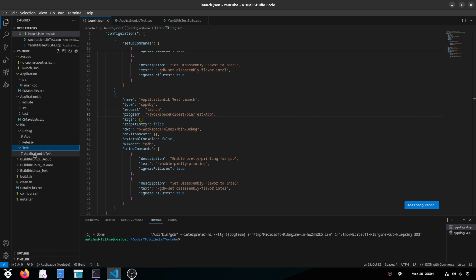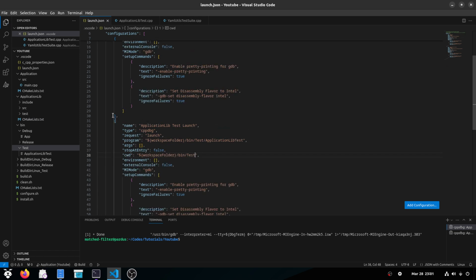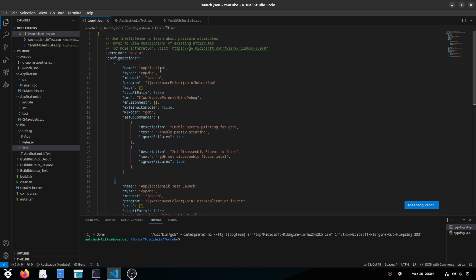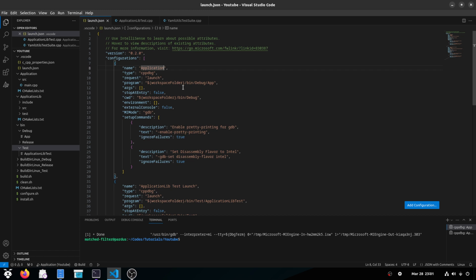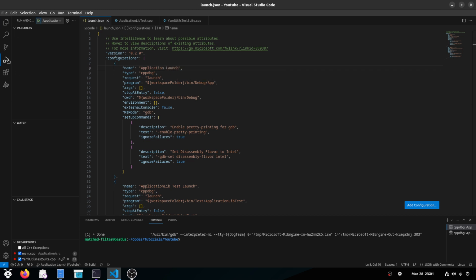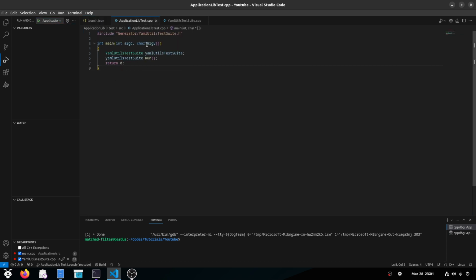It is here, test, application lib test. So let me update the current working directory. Now I have two configurations, which are for application and application lib test launch. And I am coming here and select application lib test launch and then